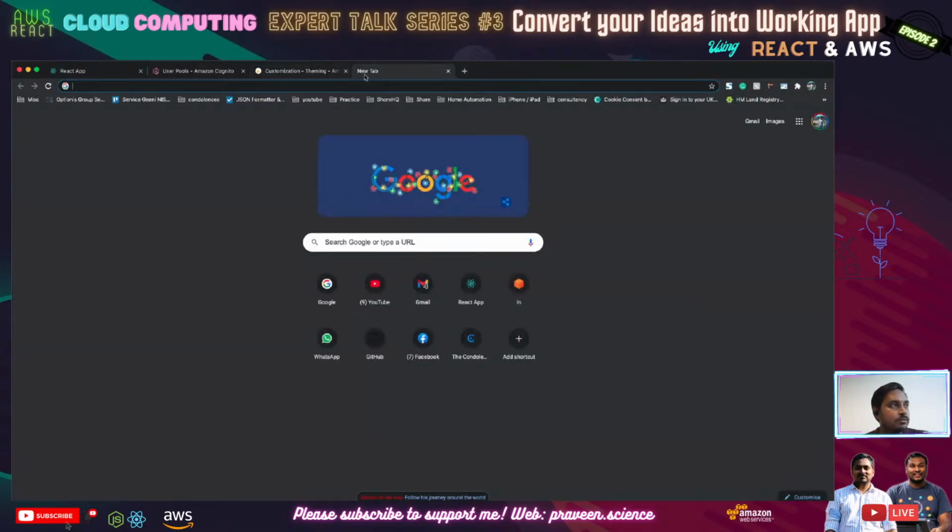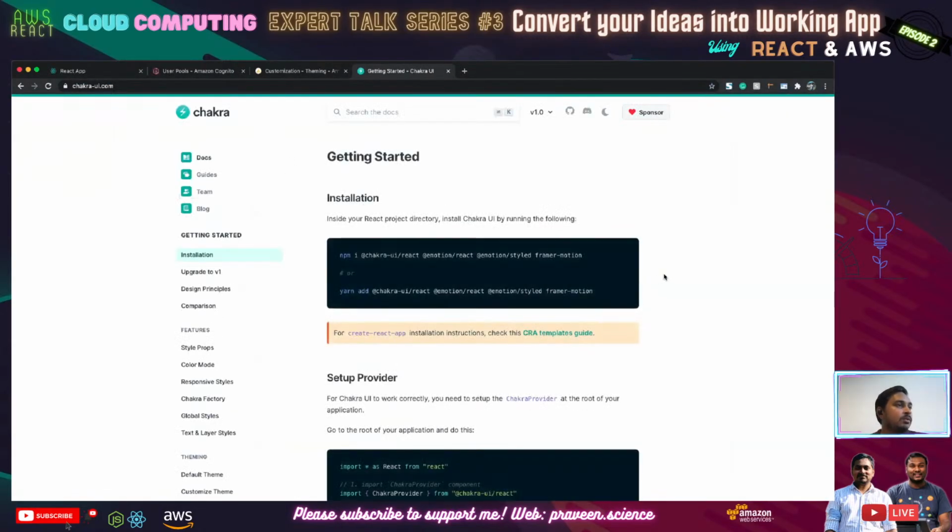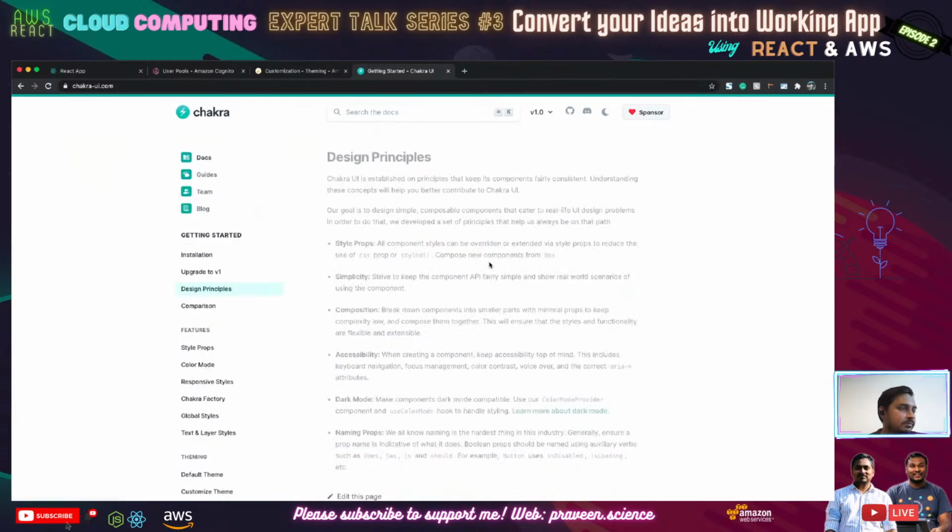So if I just go to Chakra UI, basically what they have done is they have created style props rather than using style tags, or instead of writing style equal to the width and this and that. So what they did is that they created style props. If I show you an example,